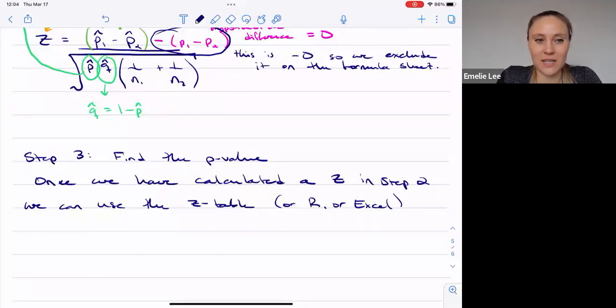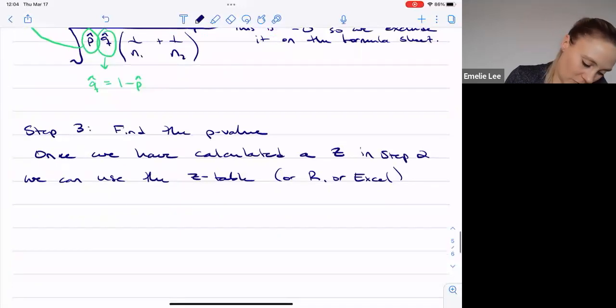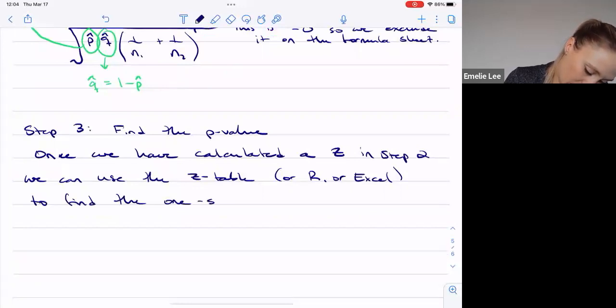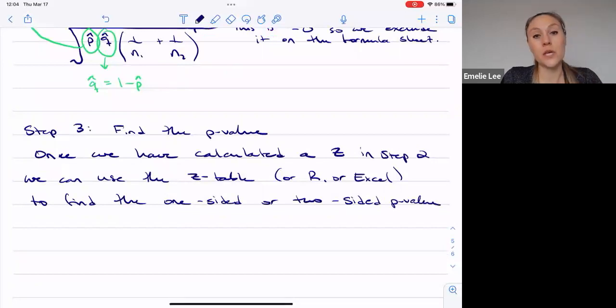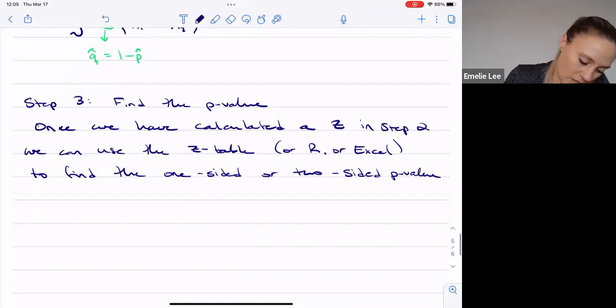So once we've calculated a z in step 2, we can use the z-table just as we did to find the one-sided or two-sided p-value. For the two-sided p-value, we just find the area in one tail and multiply it by 2 to pretend that it happened in the other tail, right? To find the one-sided or the two-sided p-value,